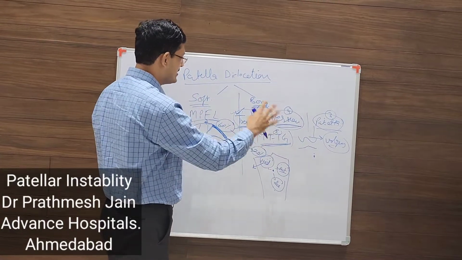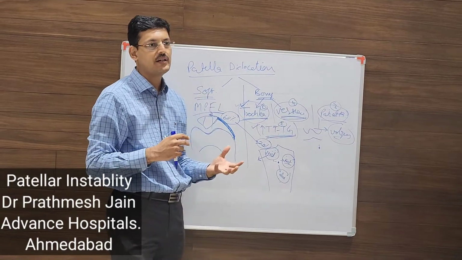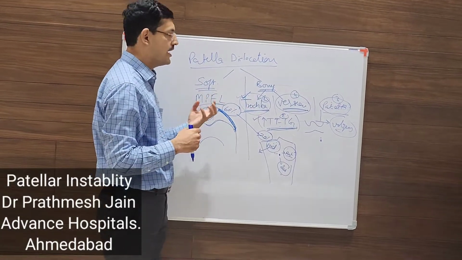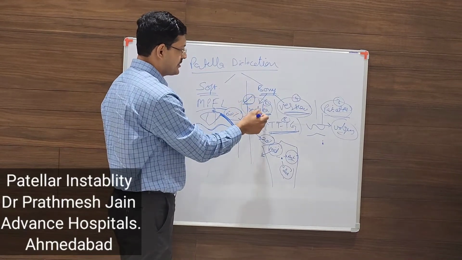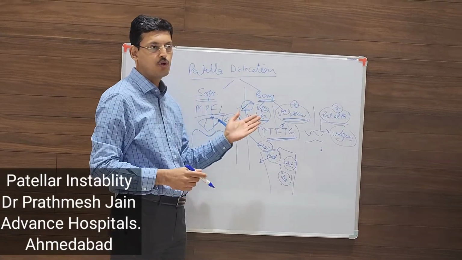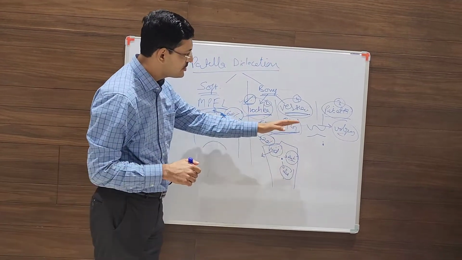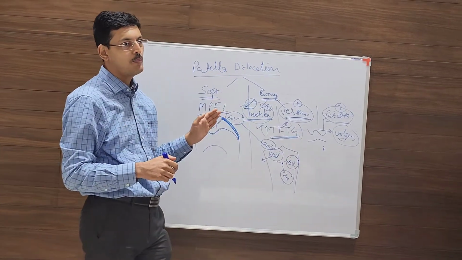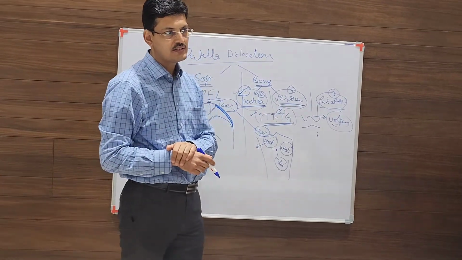But by and large, this is a rough idea that you should know about recurrent patellar dislocation, the approach, and how to treat it. But you should go home and read this, specifically types of trochlea, types of trochleoplasty, classification of trochleoplasty, and TTDG distance: how much is normal, how much is abnormal, and when you want to do what. So these are the things that you want to